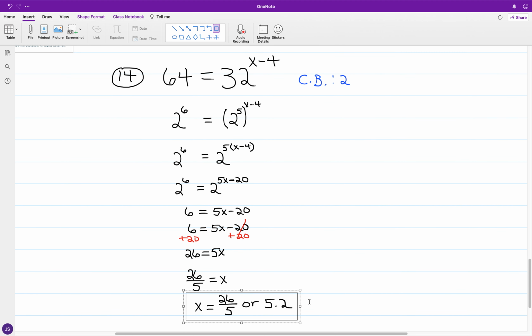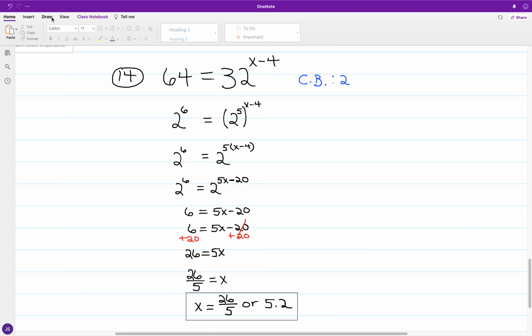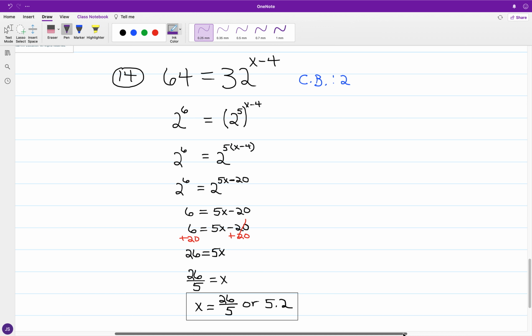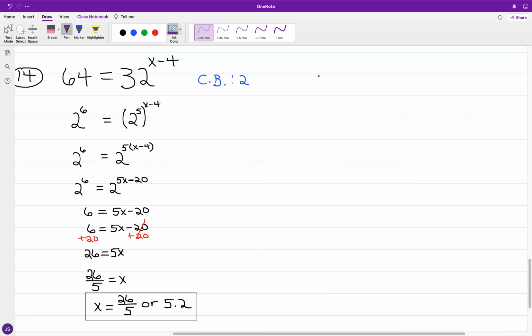Now just to mention, if the common base approach did not immediately come across as the approach to take, you can still go through a change of base route. So you have like 64 is equal to 32 to the x minus 4, and you might think, okay,